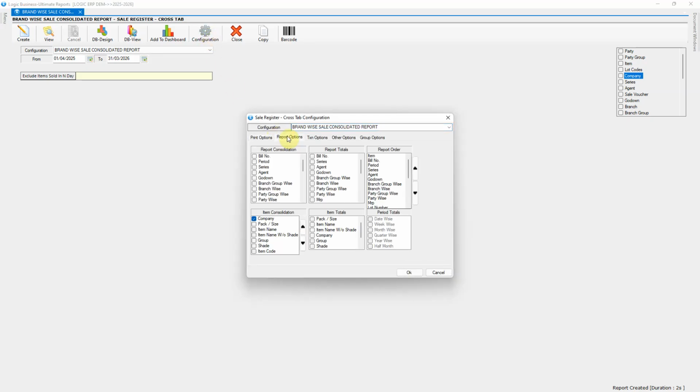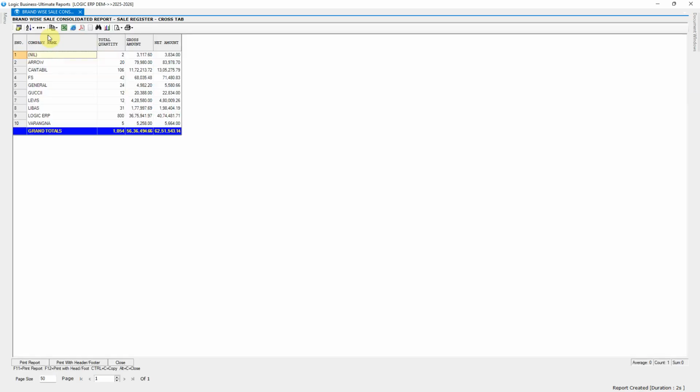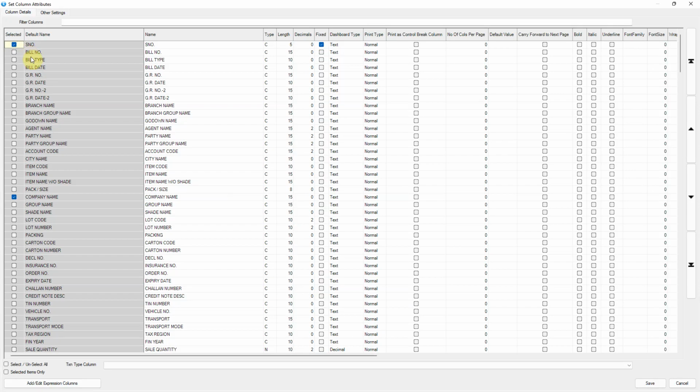Open the configuration window and, under Report Options, go to Item Consolidation. Here, select the options for item name, pack name, and shade. Next, open the Setup Column Attributes list and enable the item name along with all the fields required to generate a detailed, item-wise report.